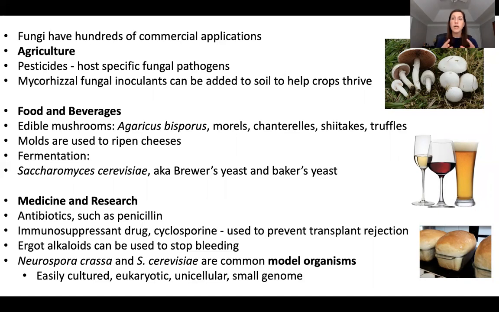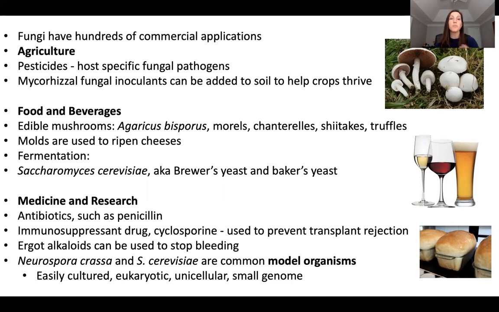You can also inoculate your soil where you're growing crops with mycorrhizal fungal spores. What inoculate means is to just mix it in, to expose it. So you can take spores of fungi that you know produce nice, healthy mycorrhizal interactions with plant roots and mix that into your soil, and it helps your crops establish that mycorrhizal interaction right off the bat instead of waiting for it to happen naturally. So, kind of like fertilizer, but not really fertilizer. An interesting application there as well.